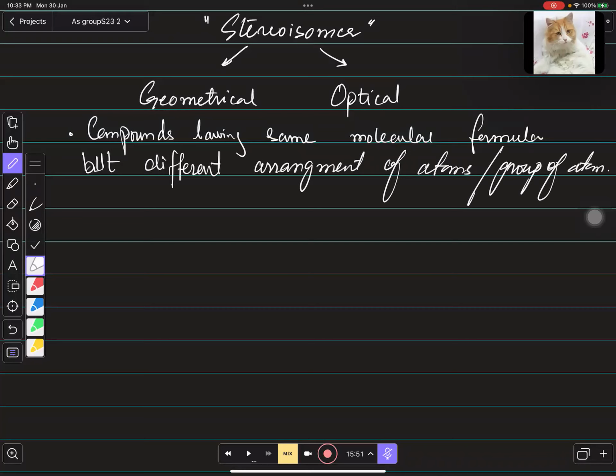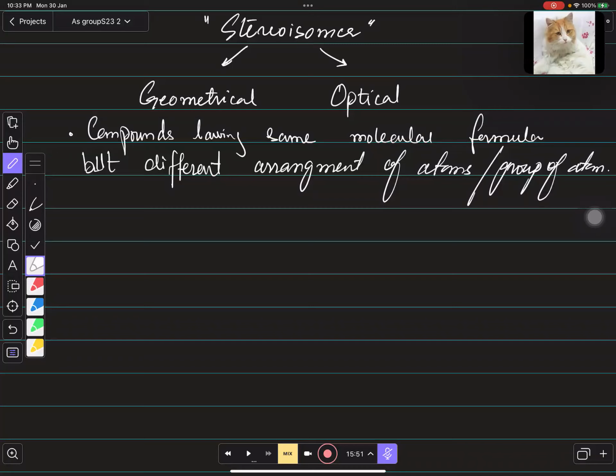If they ask for a chain, functional group, or positional isomers, so you need to say that the previous one definition, which is learned by you in O levels, that they are the compounds of having same molecular formula but different structural formula. That is for chain, functional group, and positional isomers. But if they ask for these two, so you need to say that they have the same molecular formula but different arrangement of atoms. तो आपने याद रखनी है ये दो डेफिनेशन में 5 डेफिनेशंस मौजूद है। चेन का पूछे